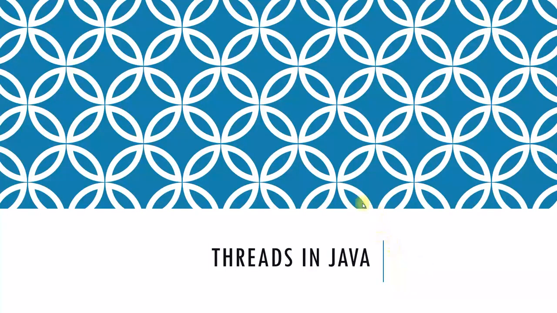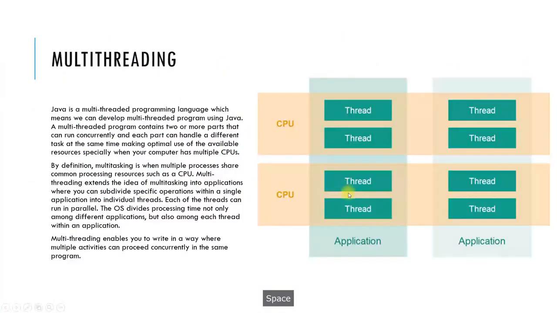In this video, I will talk about multithreading applications in Java. Java is a multithreaded programming language, which means that Java provides us the ability to develop multithreaded programs, and a multithreaded program can contain several parts that can run concurrently, and each part can handle a different task at the same time, making optimal use of the available